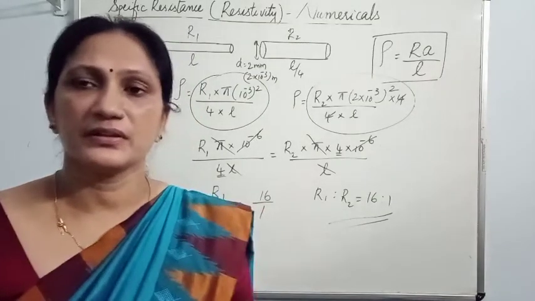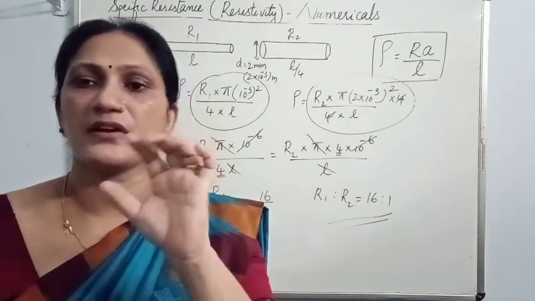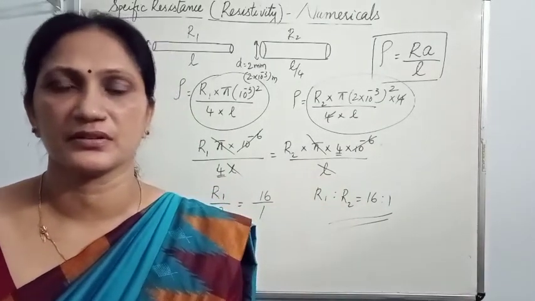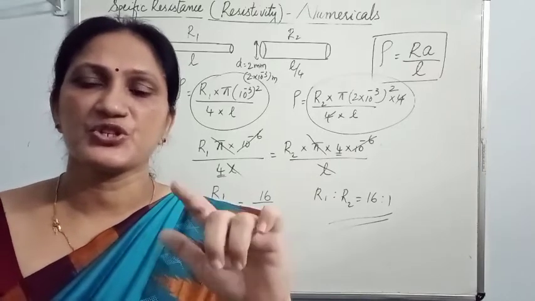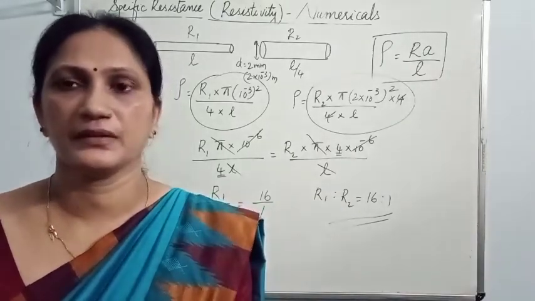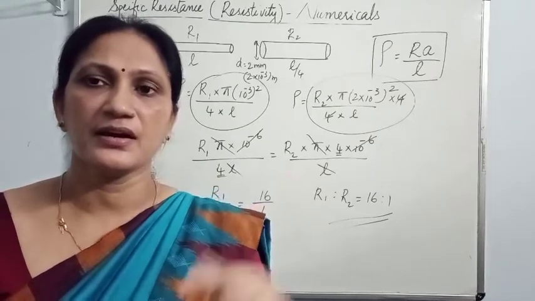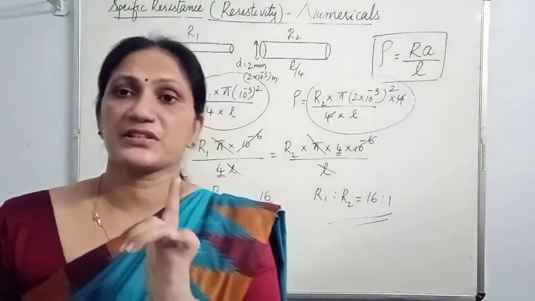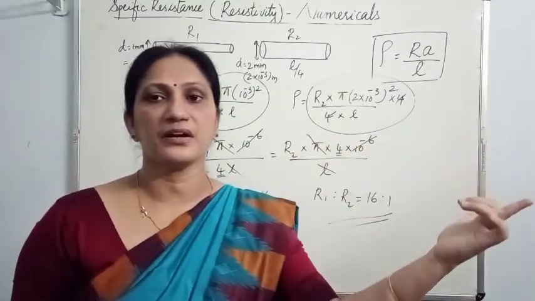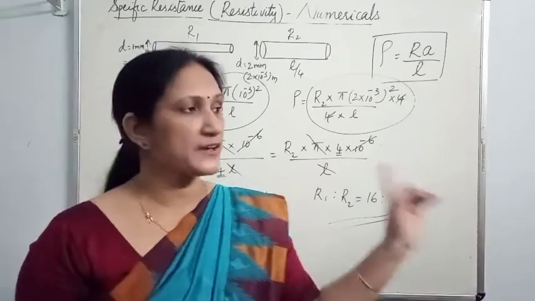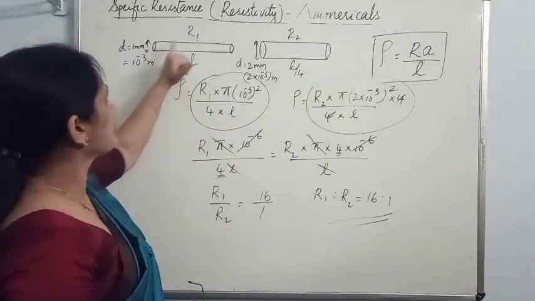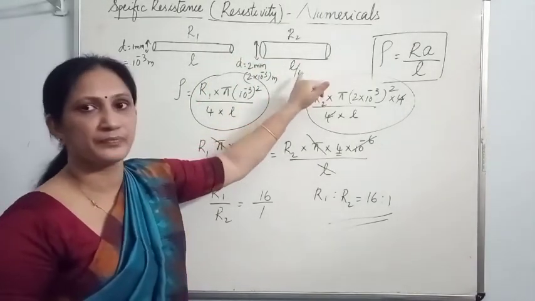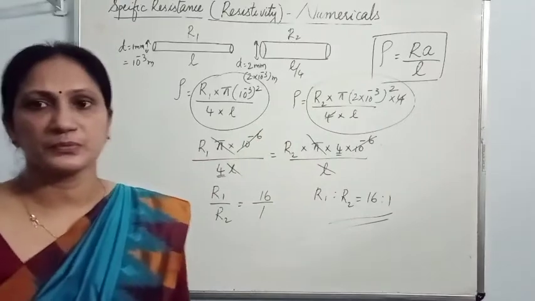So remember the difference in case of stretching a wire and change coming in the diameter. If a wire is stretched so that its length becomes double, then initial length you have to take as L, final length after stretching 2L. Area of cross section initially A and the other one after stretching A by 2. In case of diameter, when diameter becomes double, length becomes 1/4. Okay, so be clear about it.